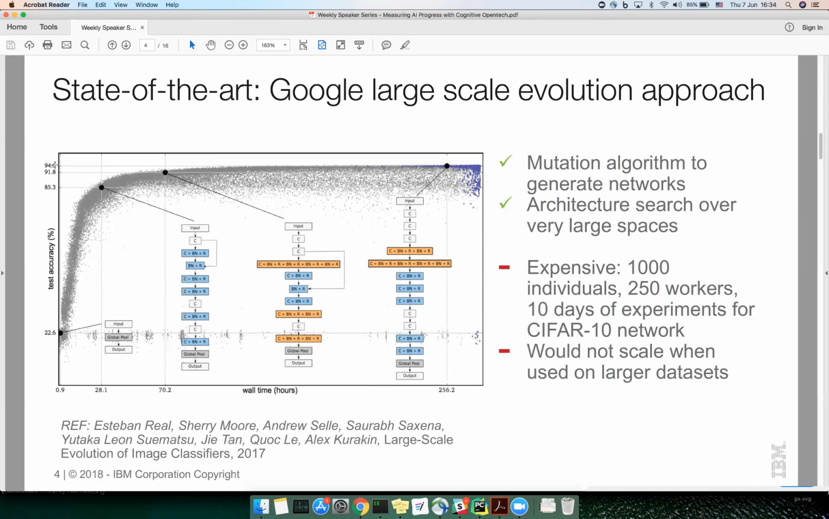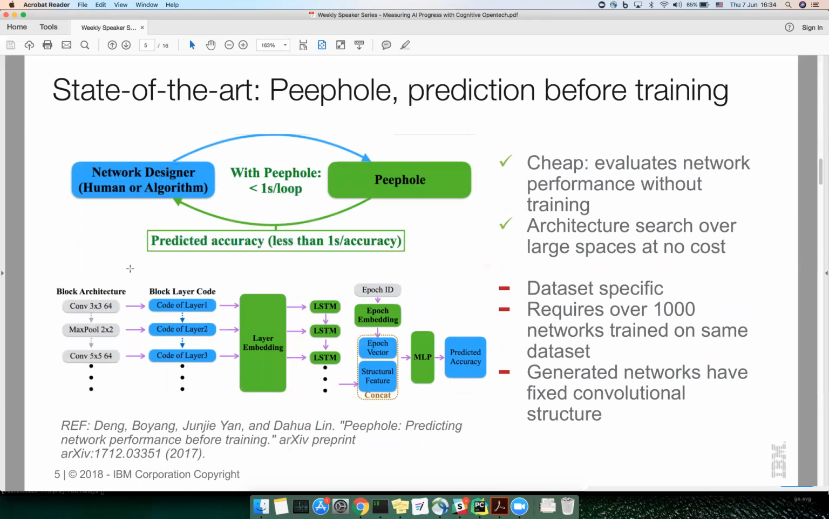CIFAR-10 is a relatively small dataset. It contains only 60,000 images, and it has only 10 different classes. Therefore, this approach can easily become impractical for large datasets. Peephole is another framework that